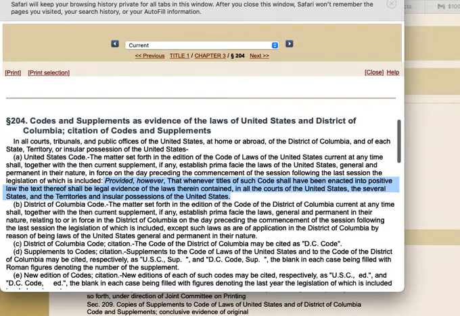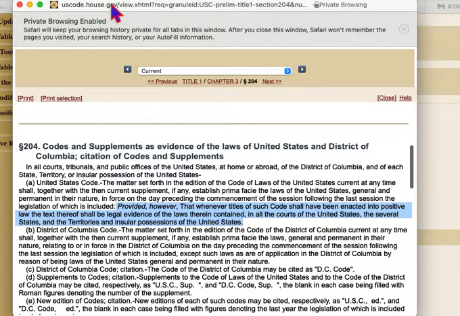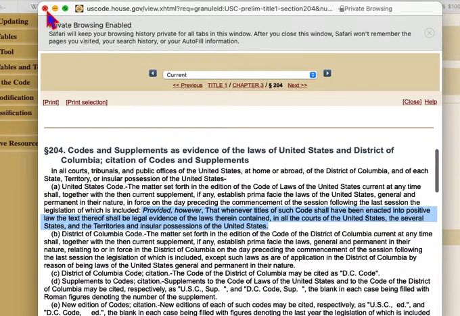Without the proper citation, it's not a law. It's not being cited as a law. It's being cited as a title not made law. So it's not evidence in a court of having been made a law because it's not a law.